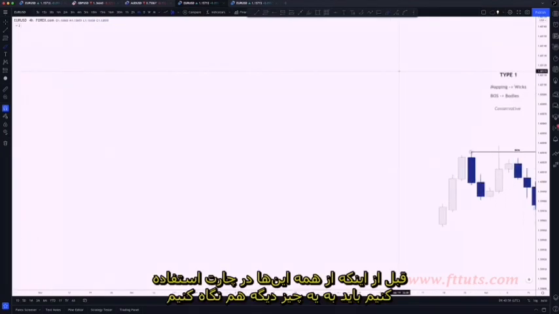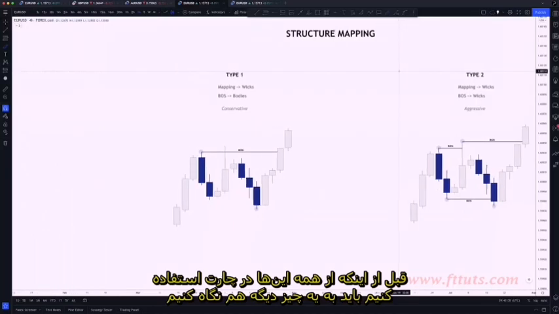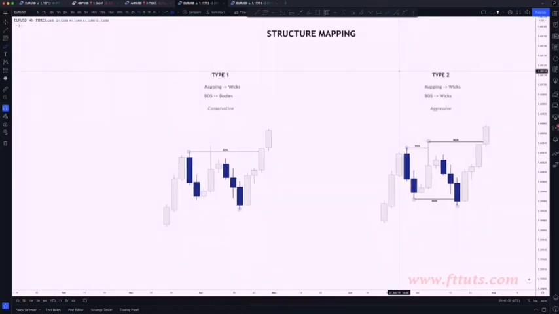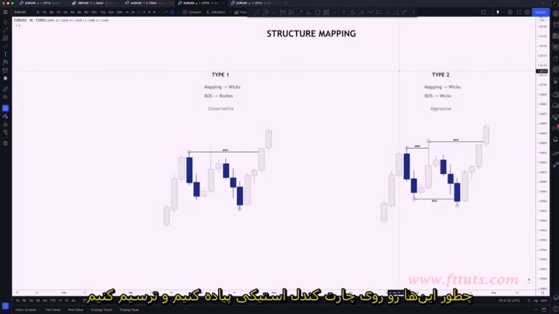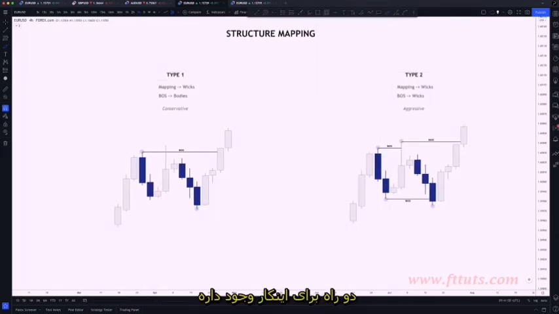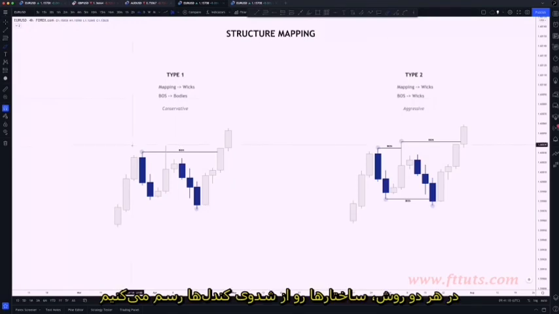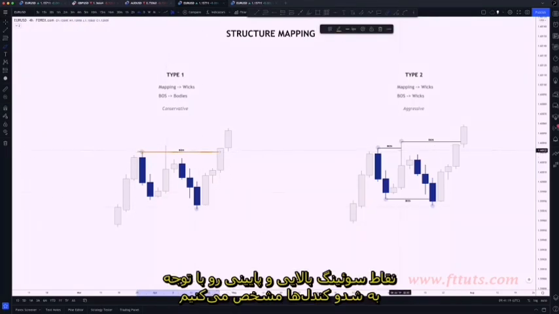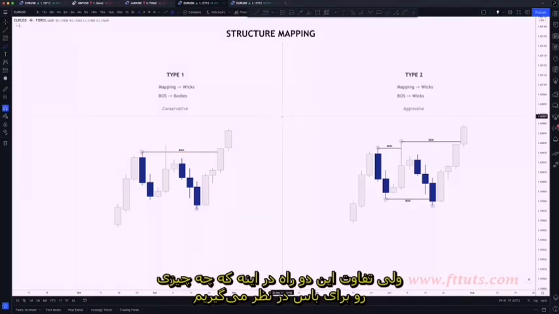Now, before we apply all of this onto the charts, one other thing we need to look at is how do we map this on candlestick charts, right? Because we're not just going to be looking at line charts. So there are two main ways you can do this. Both ways, we're always going to draw structure from the wicks of candles, okay? So wherever you draw your swing high and your swing low, we're always going to draw it from the wicks of candles. But the difference between the two types is what you need to see for a break of structure